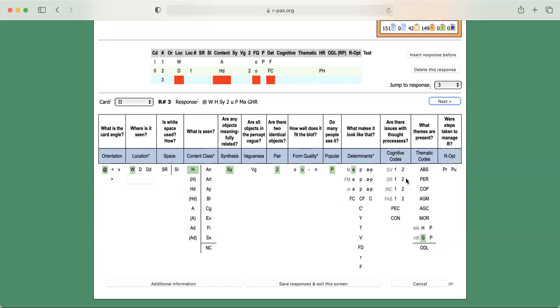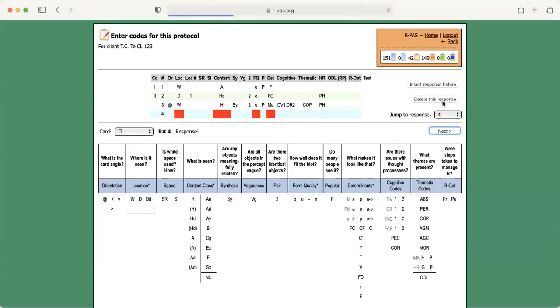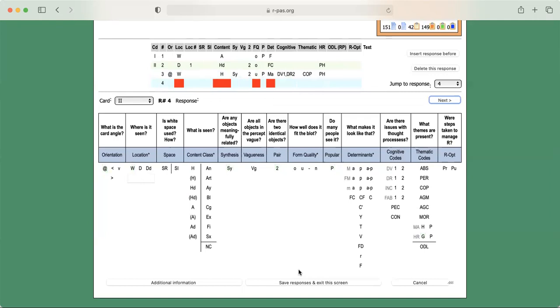You can also input cognitive codes. So you can add, let's say, a deviant response 1, or 2. And then here you can also put some thematic codes. So we'll say that these objects were cooperative. And then you would save responses by hitting next. Unlike the last page, with this page, if you were to hit responses, it would exit you from the screen. So you can just toggle next, but every now and then I always recommend that you do save it. And that is how you score a protocol